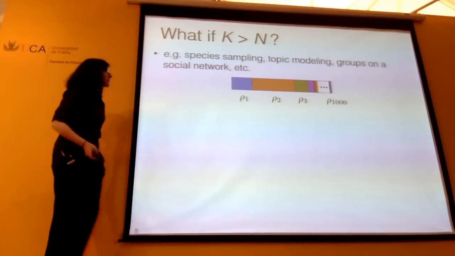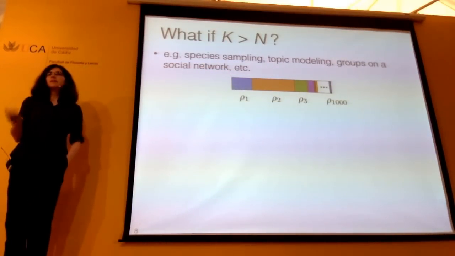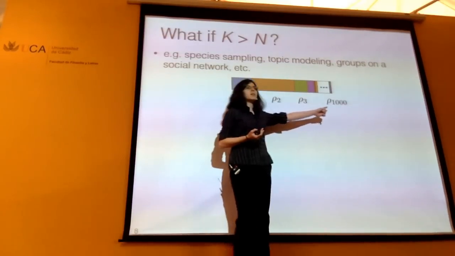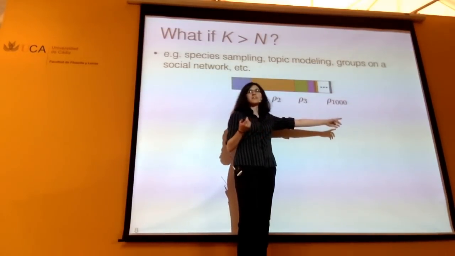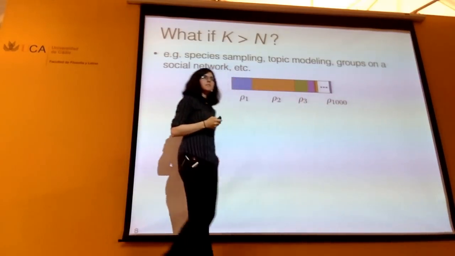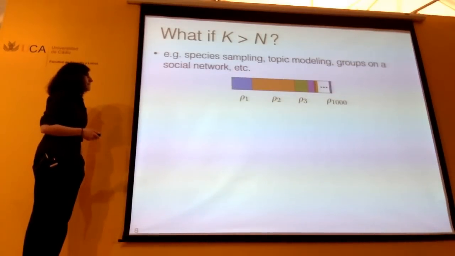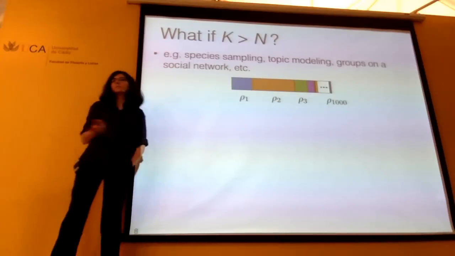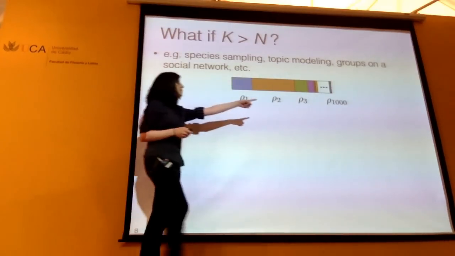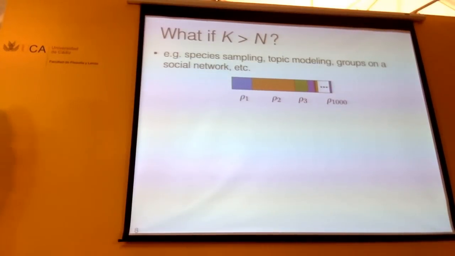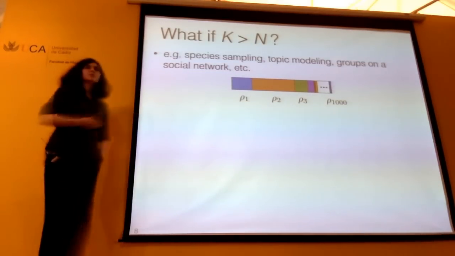Topic modeling. We're going out into Wikipedia. We can imagine that there's probably a finite number of themes on Wikipedia right now, but we certainly haven't reached them all if we've read 100 articles, 1,000 articles, 1,000,000 articles. And certainly, even if we've read all of Wikipedia, we haven't reached all the themes that are out there in the world. Groups on a social network. Yeah, there's probably some finite number of groups that people can form, but we certainly haven't reached it yet. And so we want to understand, what's the behavior that we see in these cases, which is a very different kind of behavior than the mixture modeling that we've been looking at so far.